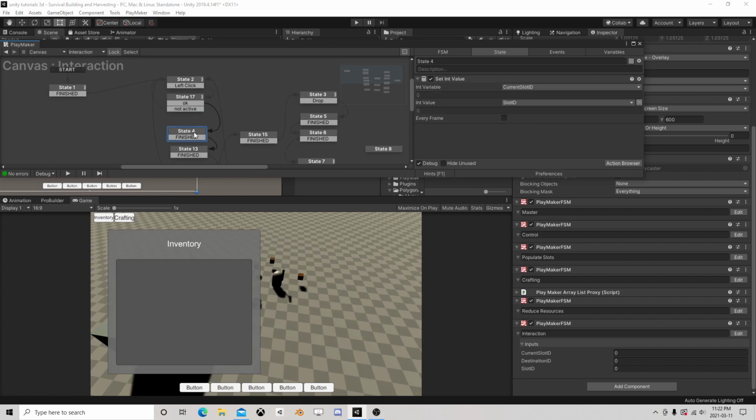Might have to look at that after. Set int value. So the current slot ID is slot ID. That's not necessarily true anymore. That's where things are going to get a little crazy, because the current slot ID is going to be slot ID, but